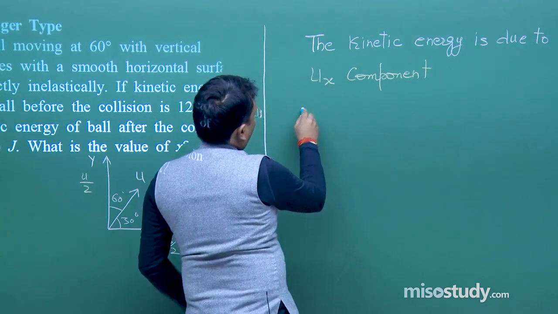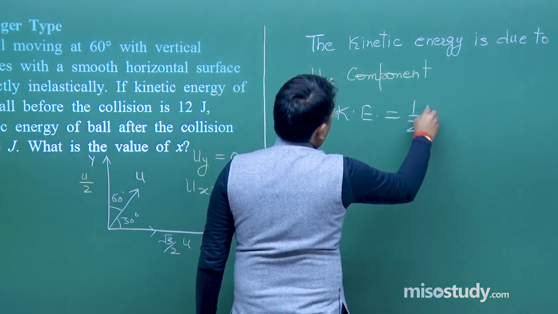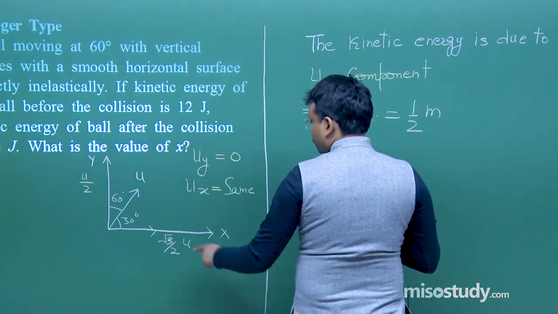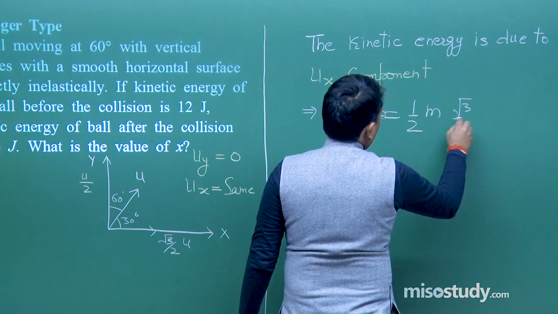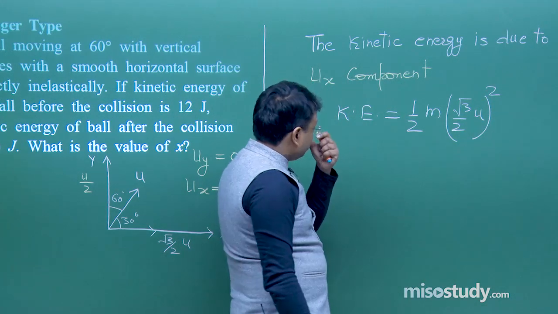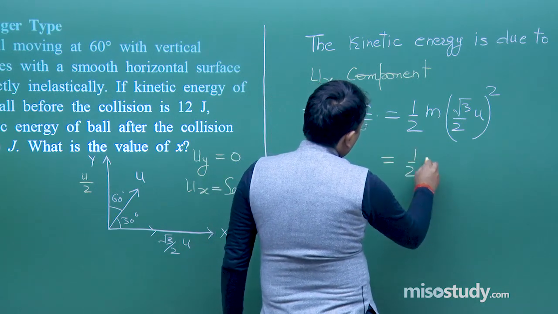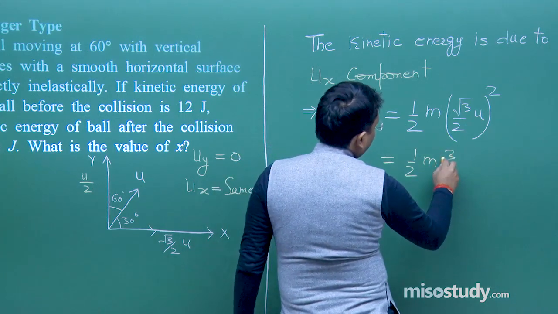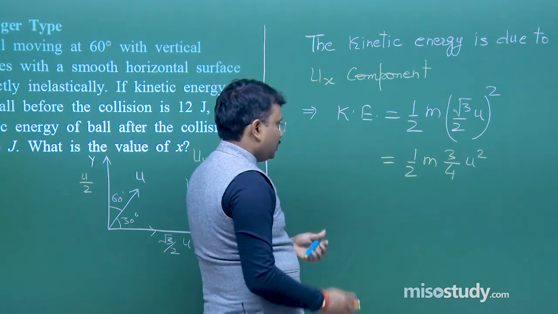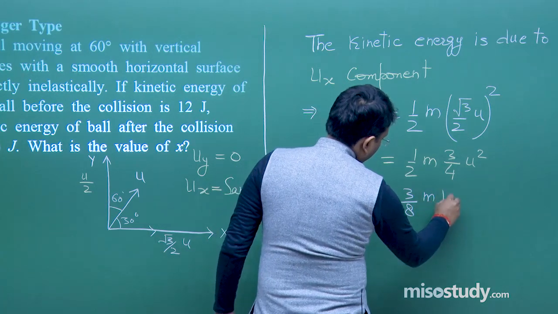So, this implies that KE is equal to half m ux square, and the value of ux square is 3 by 2 u whole square, fine. Now, put the values. So, what you will get? You will get it as 1 by 2 m 3 by 4 u square, clear? Yes. So, it is 3 by 8 m u, sorry,